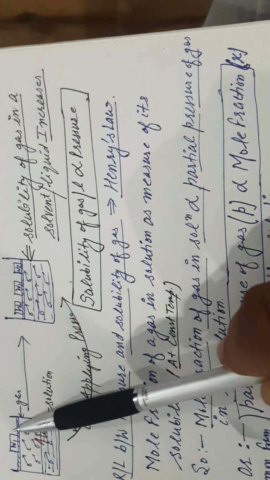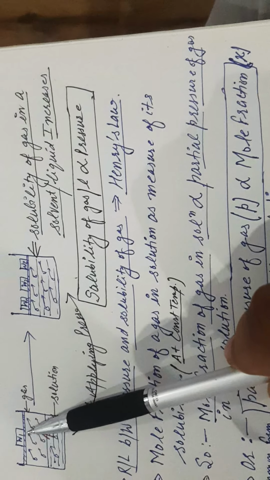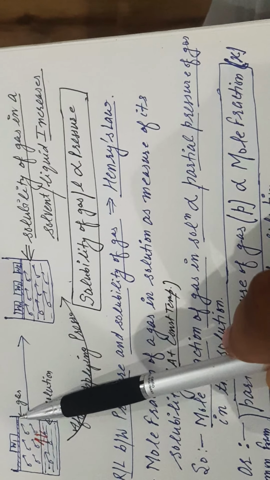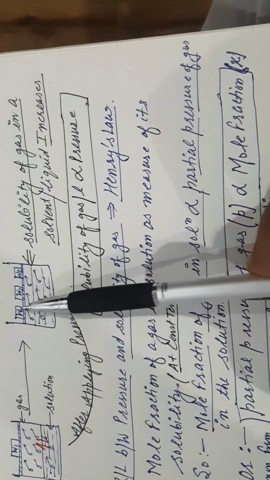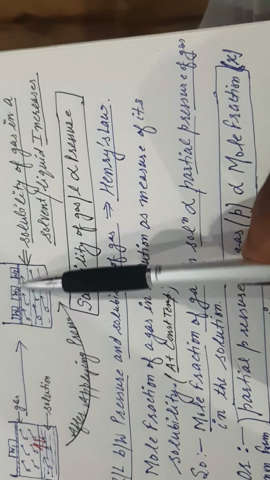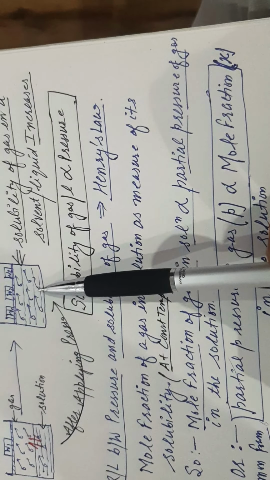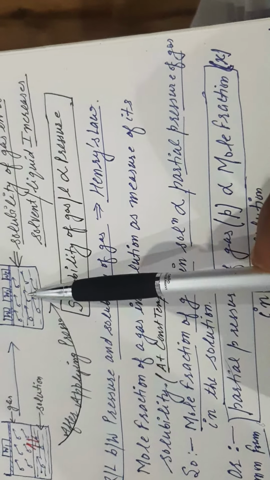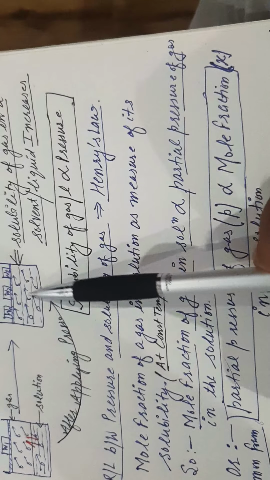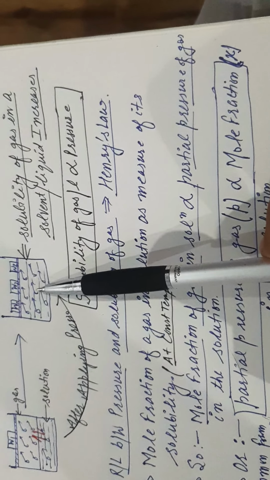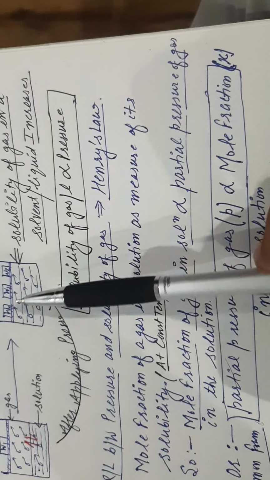Now, if we apply pressure over the solution by compressing it from outside with the help of weight, in this case W1 is already settled on the piston and it acquired dynamic equilibrium, but after applying pressure, in the second figure 3 weights denote the applied pressure. Now as you increase pressure over the solution by compressing the gas to a smaller volume, the volume decreases. Now the number of gaseous particles per unit volume over the solution increases.